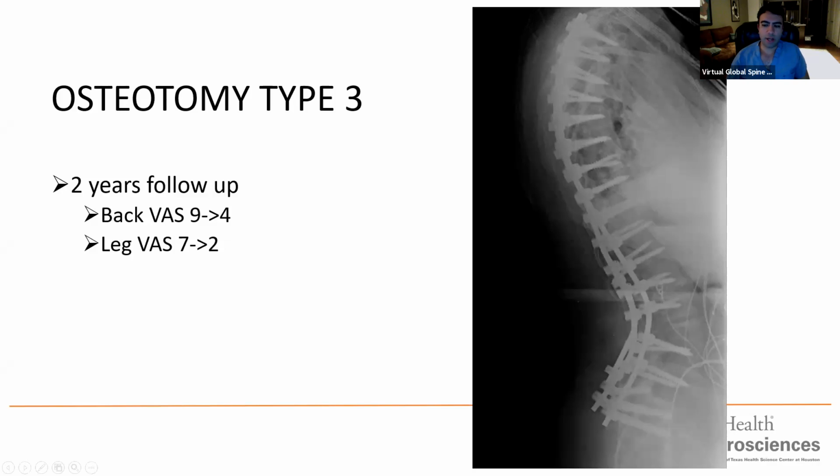John, a question from the audience. How often are you placing L4 to S1 cages in long constructs such as this to prevent lumbosacral rod fractures or pseudoarthrosis? Almost 100% of the time.